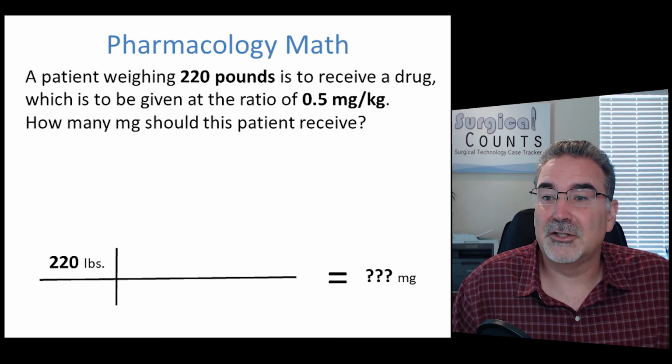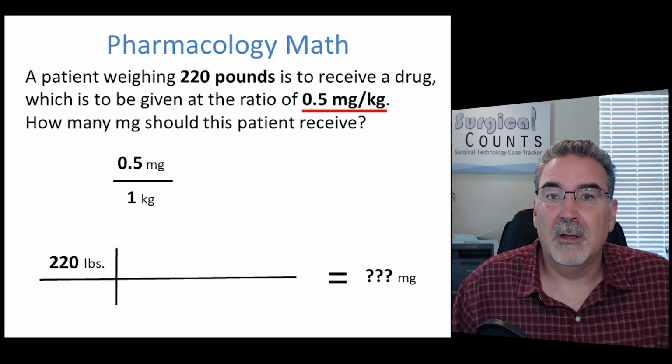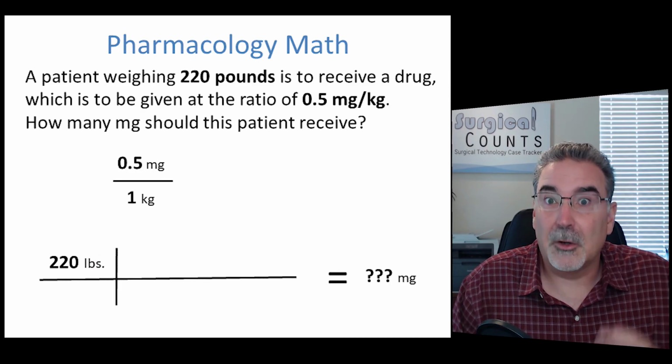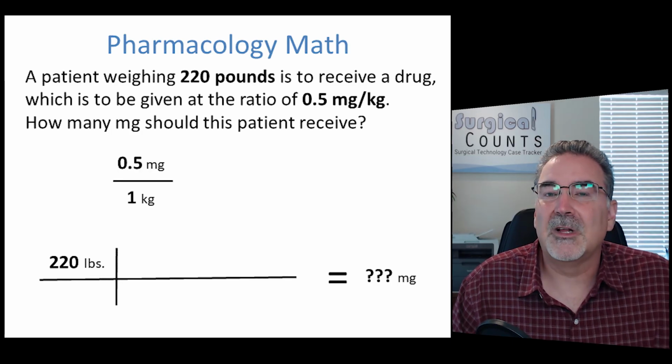We're going to find a relationship. Our relationship here is 0.5 milligrams per kilogram. So we can plug this in. Wait a minute. We're starting with 220 pounds. We're starting with pounds. We need a relationship involving pounds. Well, we don't have one. So what do we do? Well, we have to go to our brains and see if we can figure out a relationship